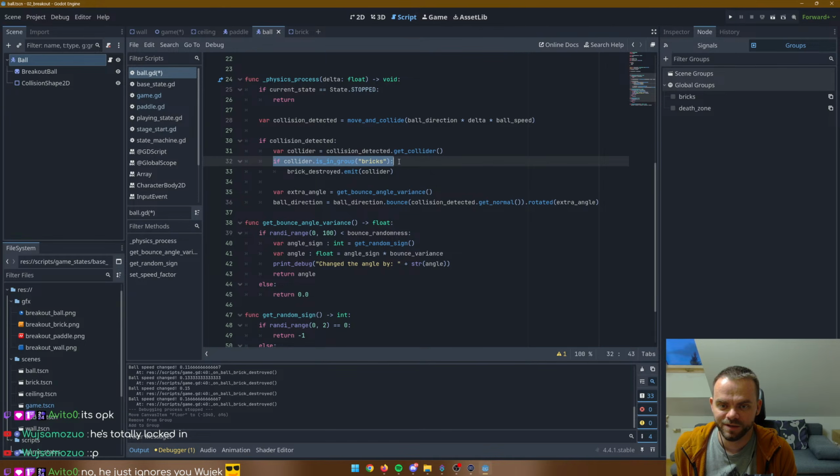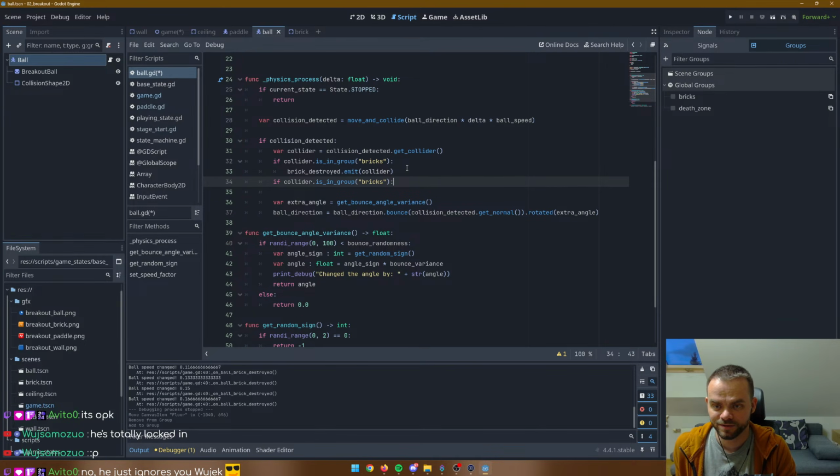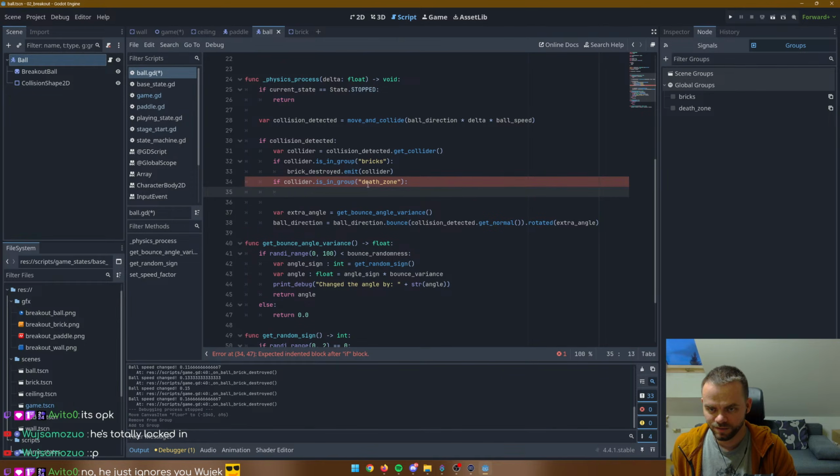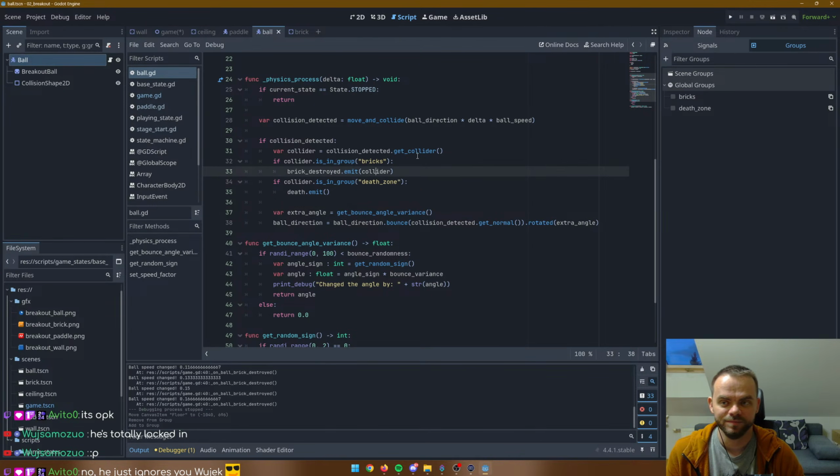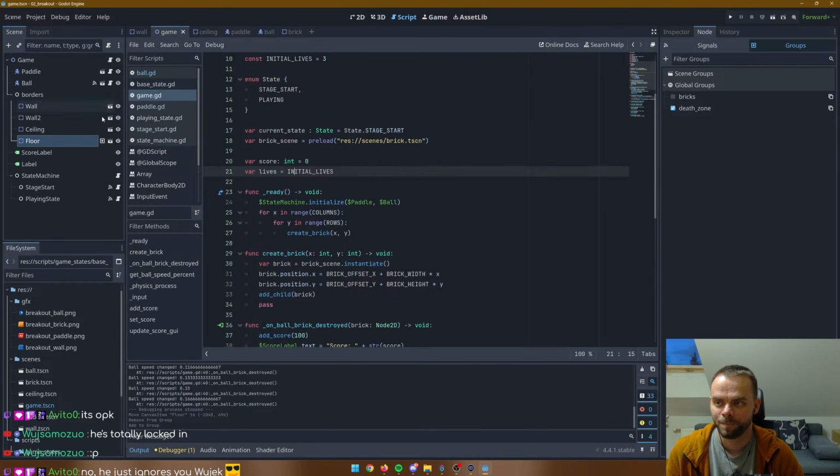So if the collider is in group def zone, then we will emit the def signal. All right. Floor is the def zone. All right. So now we need to